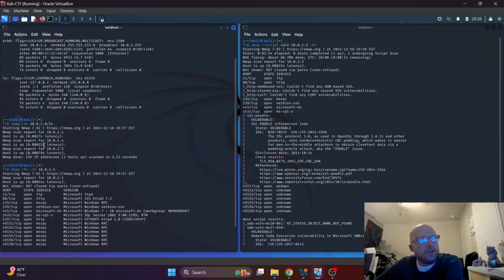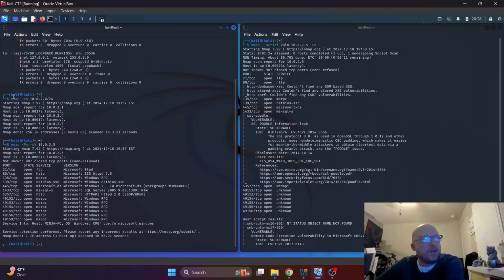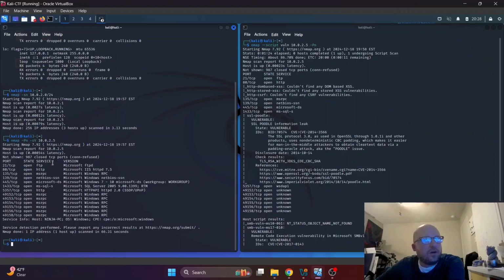And so the next command would be nmap -sn, which will remove all the ports and show just our hosts. So we have our gateway host here, 10.0.2.1. We have ourselves, 10.0.2.4, and our target, 10.0.2.5. Running a scan of open ports on our target machine shows that port 21 TCP is open, which is